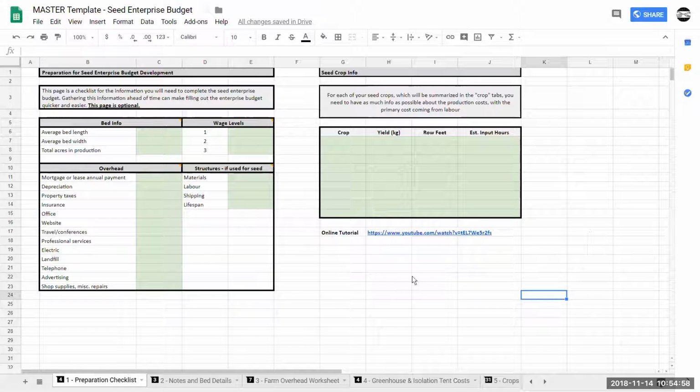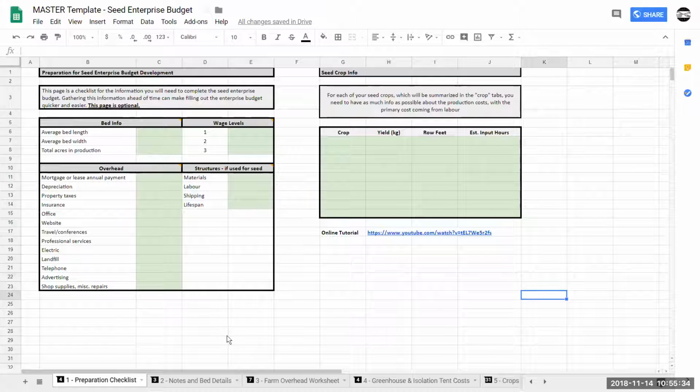So just a quick overview: the spreadsheet itself is hosted on Google Drive. The way you access it is the link exists on the website. You can come to this spreadsheet and then copy it into your own Google Drive. The reason we like to do this on Google Drive is that if you need help, I can access your spreadsheet through Google Drive and help walk you through things, as opposed to sharing a Microsoft Excel file back and forth. So this makes things much easier to share.